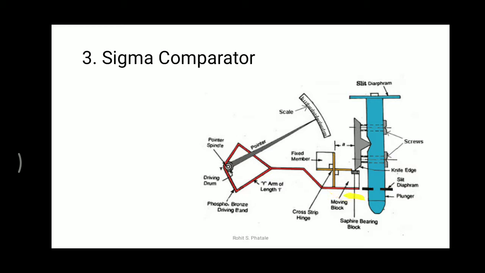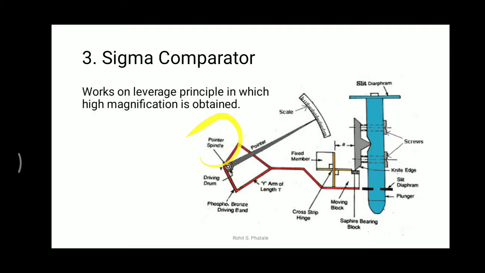This is again a fixed link which is pivoted at this point, and because of this downward displacement, this link will bend like this. After bending, the small bends or small displacement of this knife edge or this moving block is recorded by this Y arm, and this Y arm is further connected to this driving drum and pointer spindle.